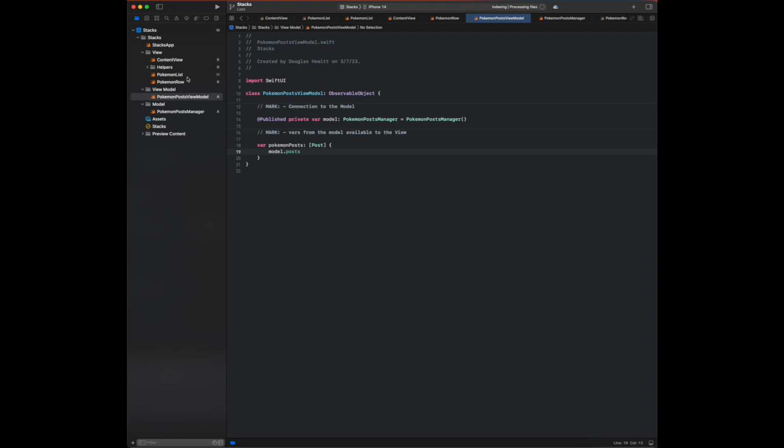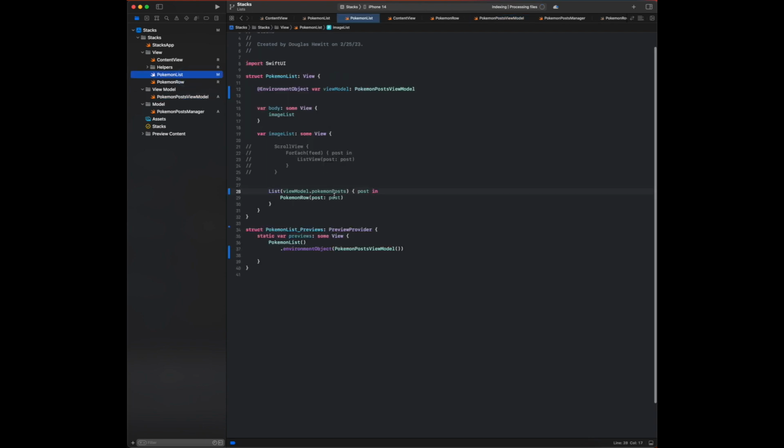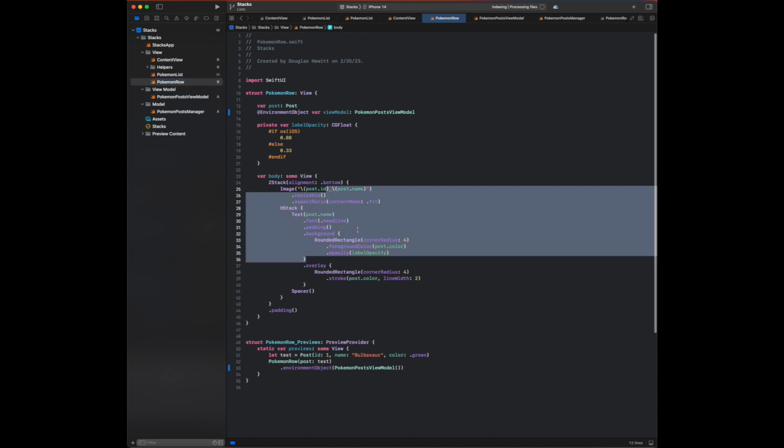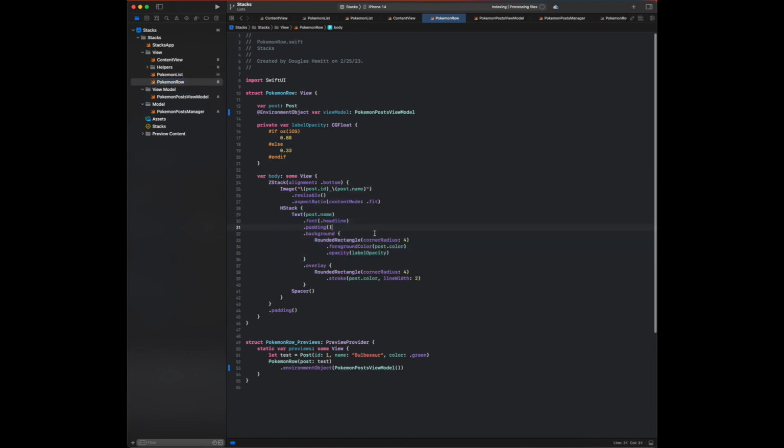But what if I want to make a change, right? What if, in my view, the user taps a button, something like that, and we want the model to update? We want to make a change. How do we do that? Well, there's an example where we do just this, right? So inside of our row, our Pokemon row, we have, if I can find it here,